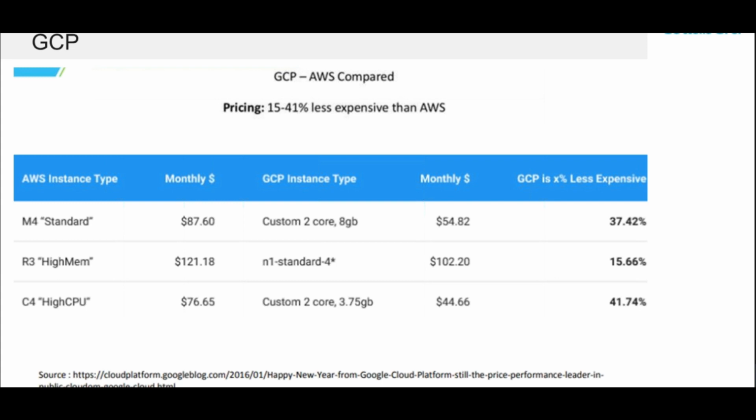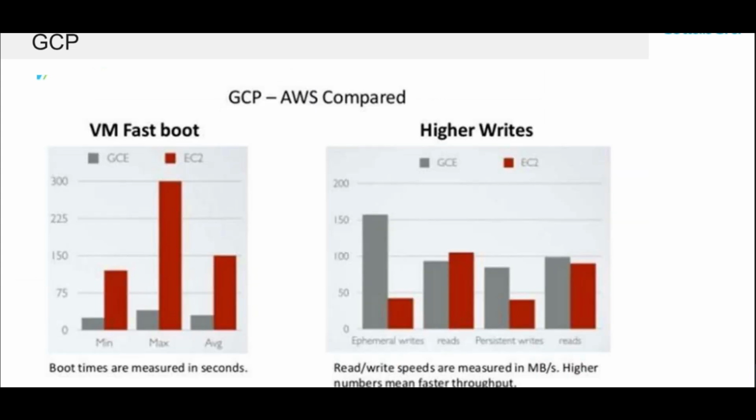AWS was the company that actually introduced cloud computing to the world, right? So the pricing is definitely less expensive on GCP as compared to AWS.